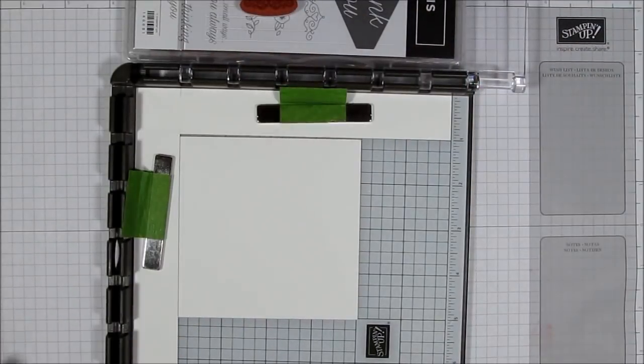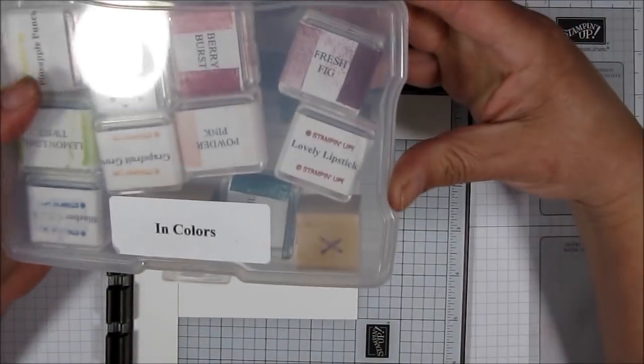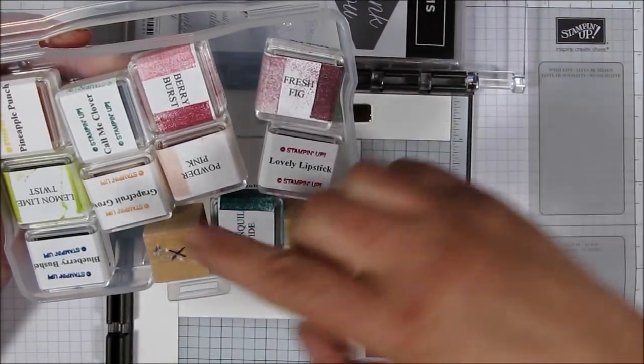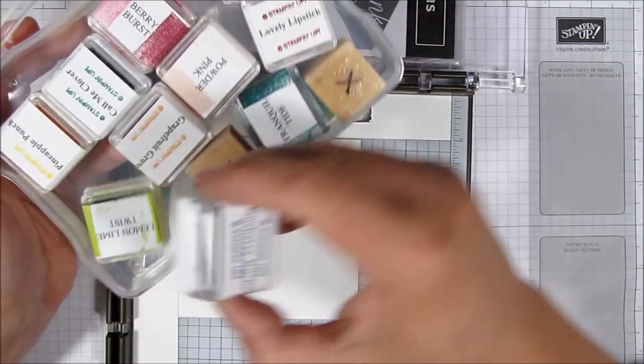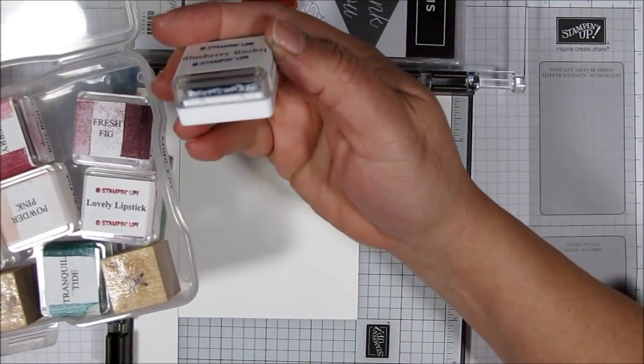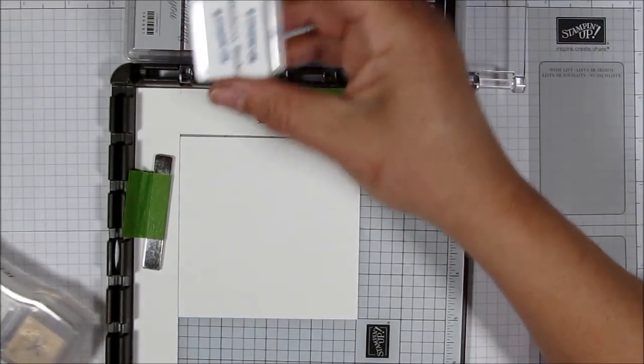and with my blueberry bushel, I gotta find it now. Where are all my ink colors? Okay. Here, sorry about that. I thought I had my little ink colors out. See, I've used the uninked ink spots to make a little ink pad for all of my ink colors here. See, these come uninked and you use your re-inkers to ink them up. So I'm going to grab my blueberry bushel